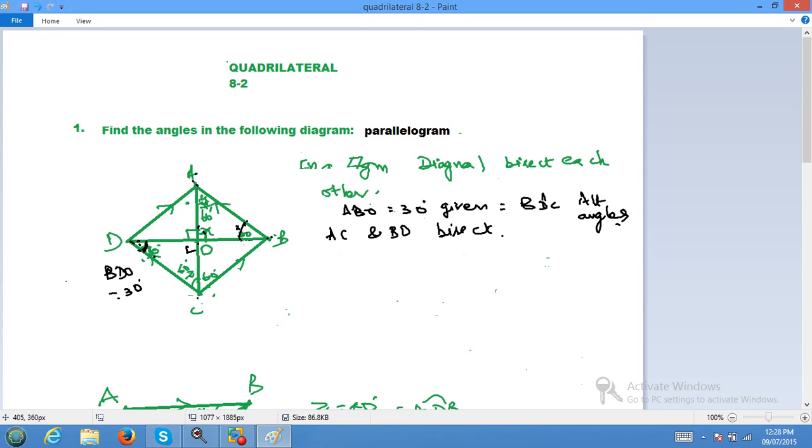So AOB is equal to, because diagonals bisect, here DO is equal to OB and AO is equal to OC. So when this is 60,